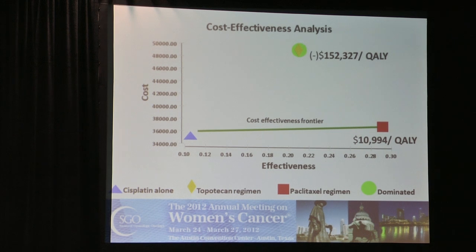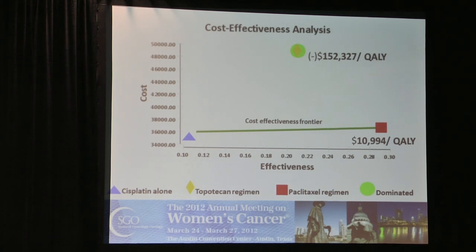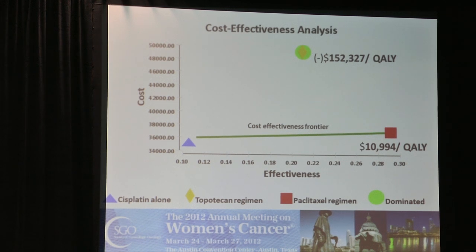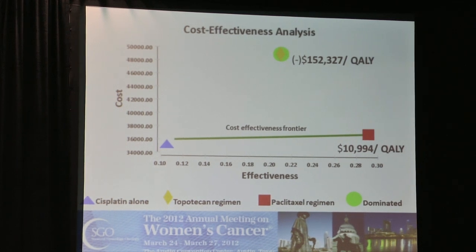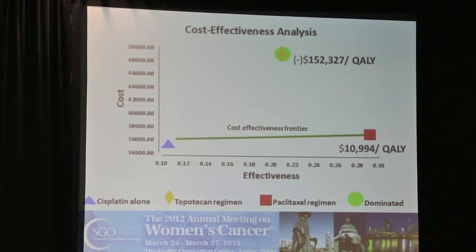This graph demonstrates that paclitaxel is more costly than cisplatin alone, but is within reason with an incremental cost effectiveness ratio, or ICER, of $10,994 per quality adjusted life year gained. This is well below the widely accepted willingness to pay threshold of $50,000 per life year gained. The line connecting cisplatin and paclitaxel is the cost effectiveness frontier, or more specifically, the optimal choice based on the